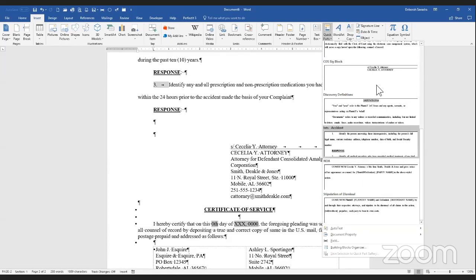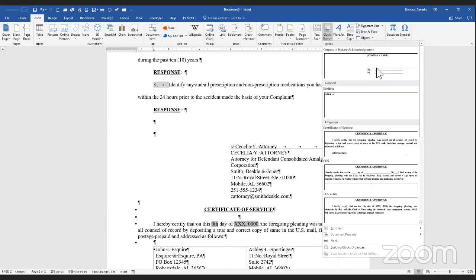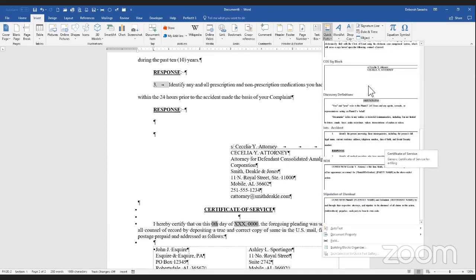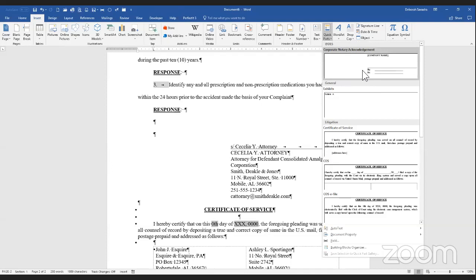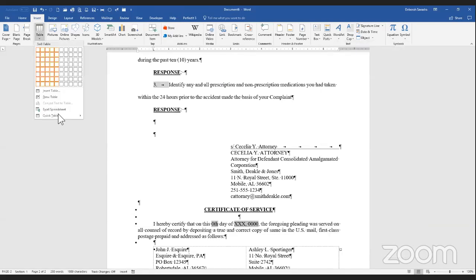I have signature blocks. And for non-litigation documents, pay attention, those of you who are working in transactional law, corporate notary acknowledgement, a self-calculating exhibit that I can use either in litigation or in transactional. I can use that in either place. But this is a really handy library of things to have, both here under Quick Parts, and you can also store these things in specific areas like tables,